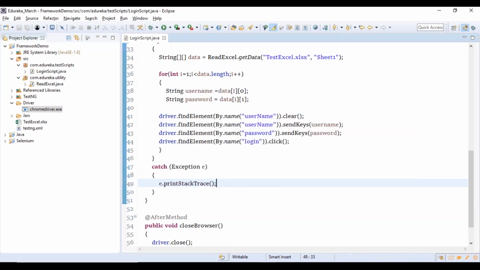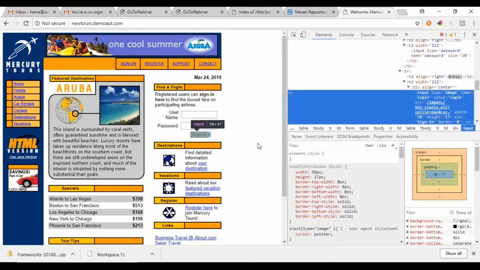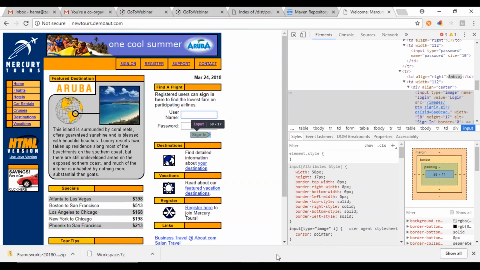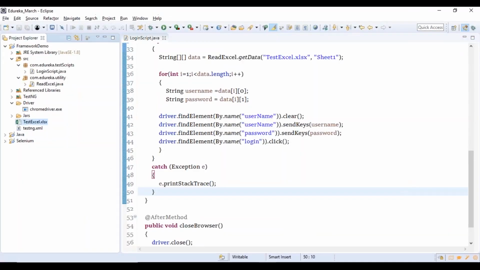Okay, so this is how we are going to work with the driver in order to work with different sets of data. After this, I'm also going to validate this. For example, say I'm going to give any set of data that I have here. So let me open the Excel.